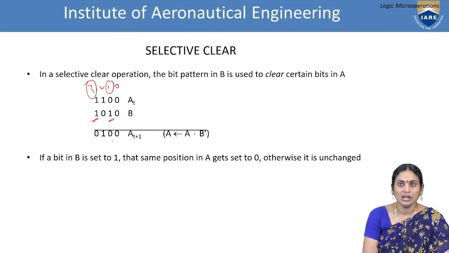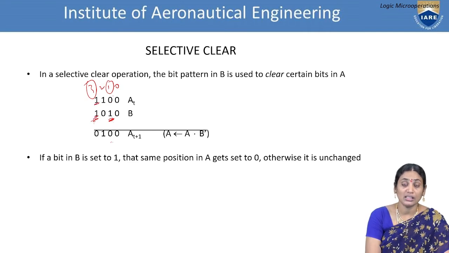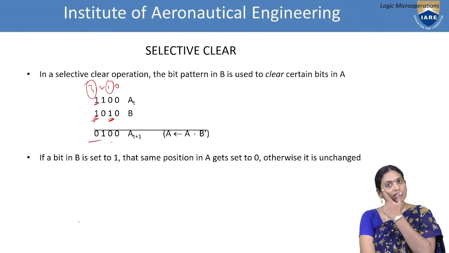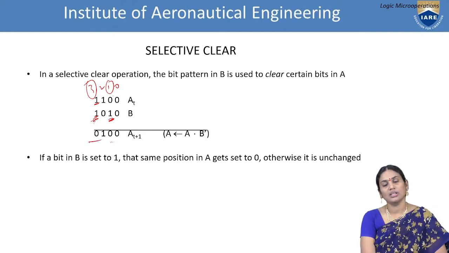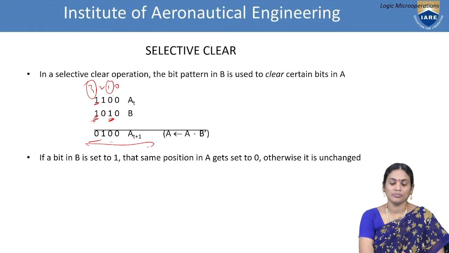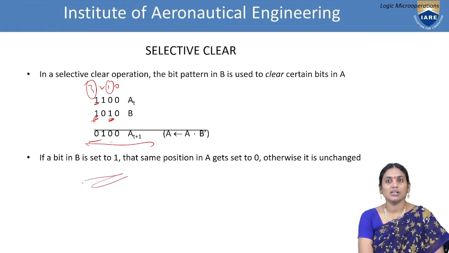So what happens here? I need to transfer A. How does it have to transfer? It has to clear. That means whenever I find 1, that should be set to 0. Whenever I find 1 where A is already 0, it stays 0. Now in this case it is 1, so here the third bit position is changed to 0. In such cases, we are performing the selective clear. It is selective clear because we are focusing only on the bit positions of 1 in the register B. The respective bit positions are getting affected in A, and we are transferring this to A(t+1). So in this way, we are performing the selective clear operation.